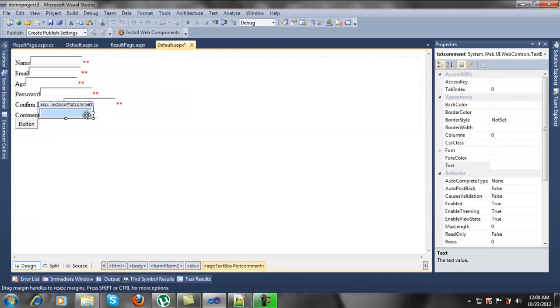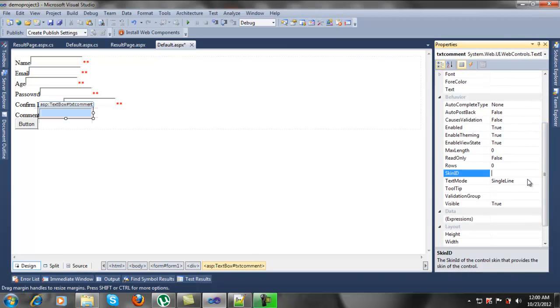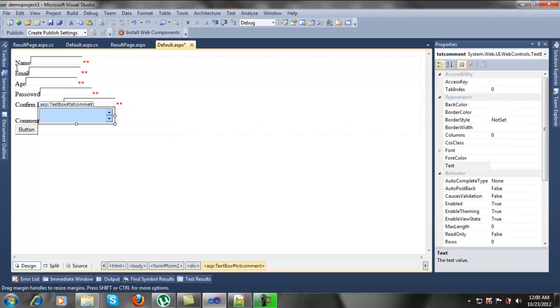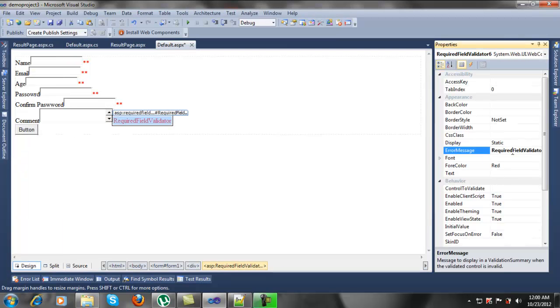So let's change for the comment, and here text mode is multi-line, and here also we need a required field validator,